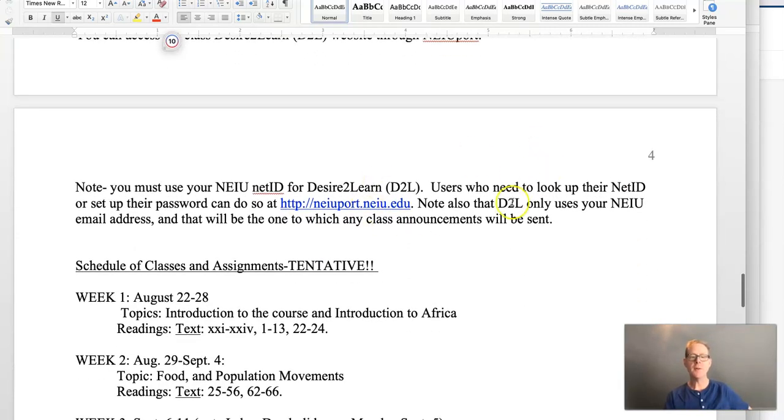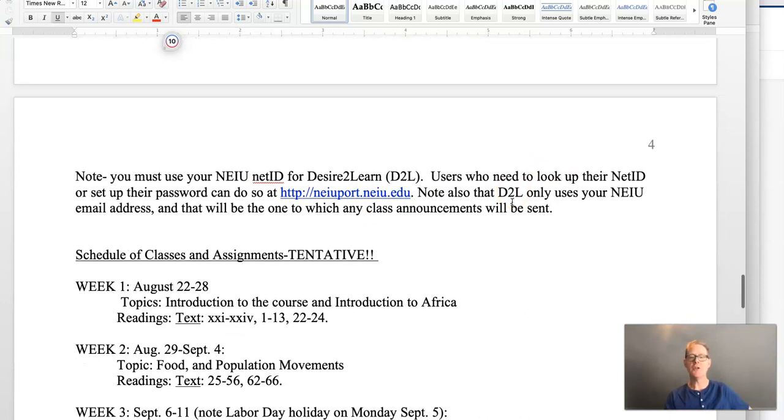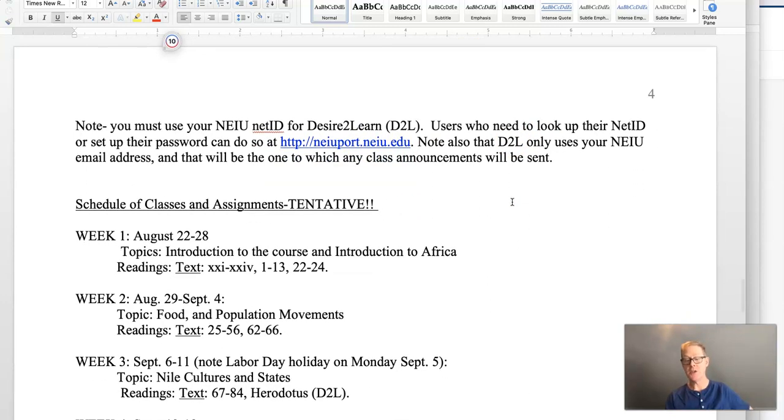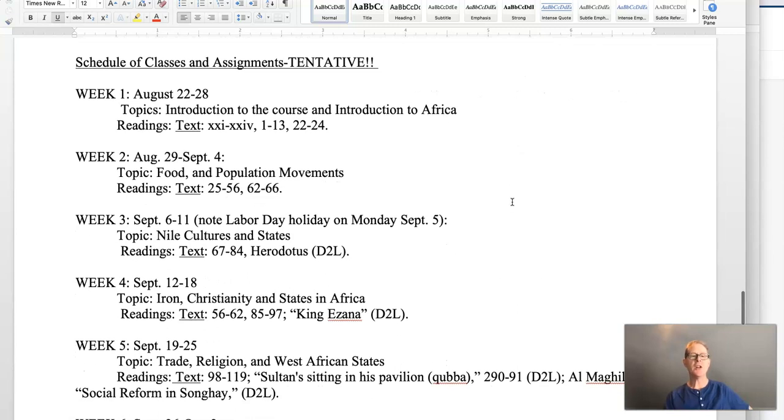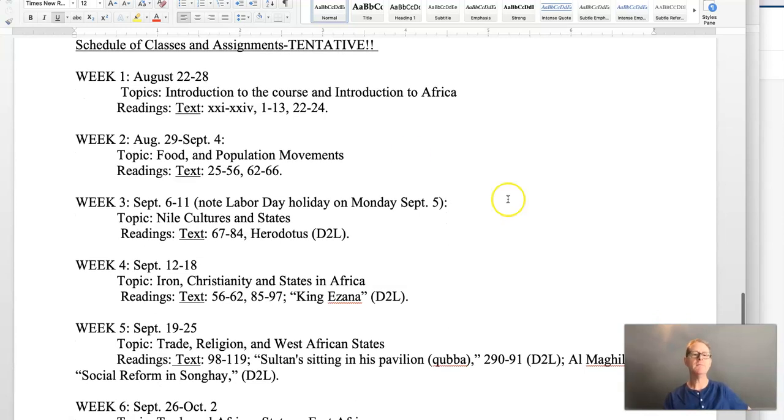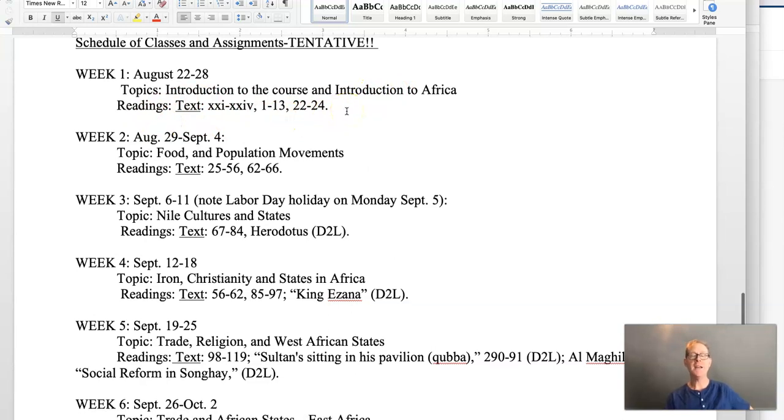Okay, information about accessing D2L, which hopefully you did, because once again, you're watching this. All right, so once again, the class is going to be structured by weekly units. Week 1, week 2, week 3, whatever, right? You know how the numbers go. And these are those weeks laid out. Here are the dates. Here are the topics we're going to cover. And then here are the readings that need to be done, ideally at the beginning of the week, or certainly before you watch this presentation, so you can understand it better.